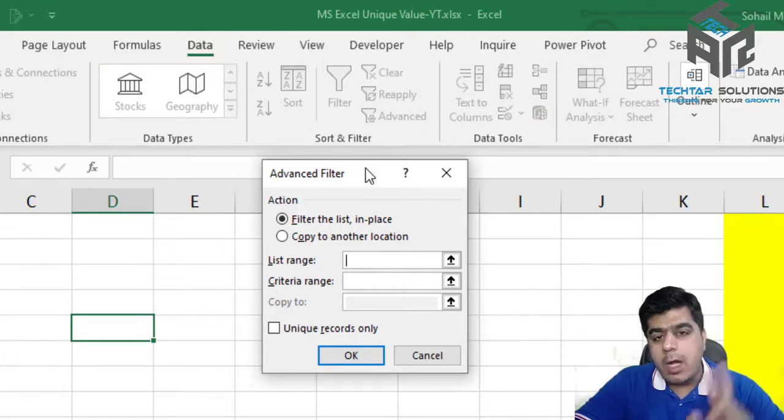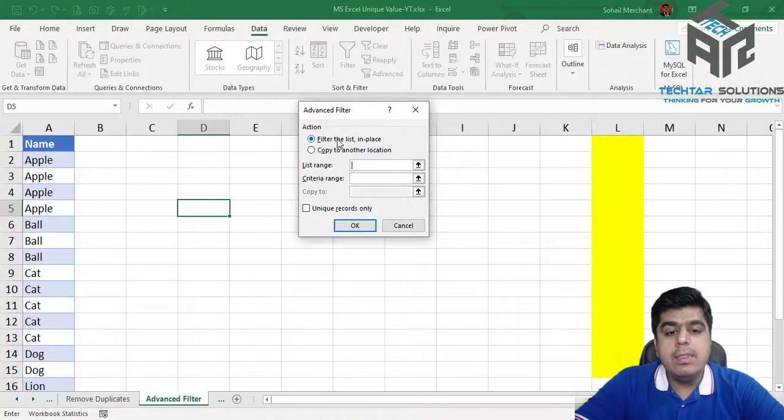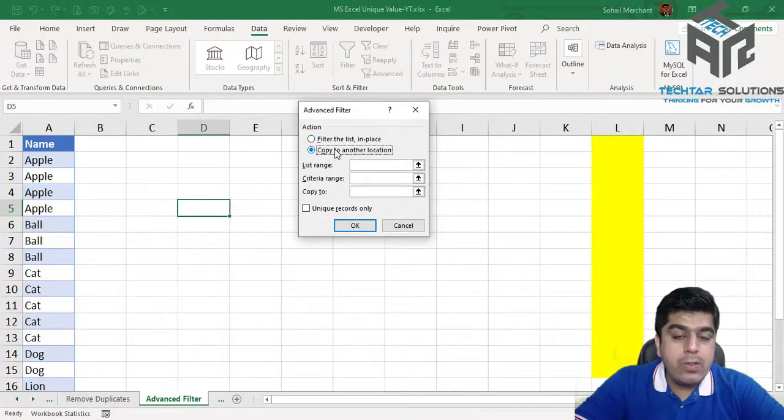Now we have two options for the action. The first option says that we need to apply a filter. The second option says that we need to copy data to another location, and we want to copy this data having only unique values, right? So therefore I am selecting the copy to another location action.